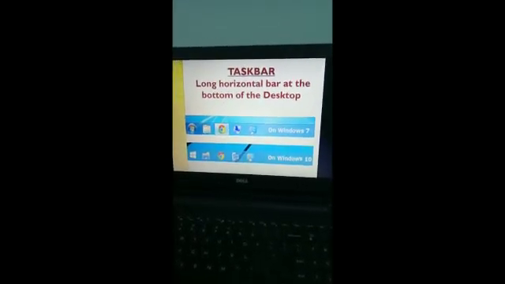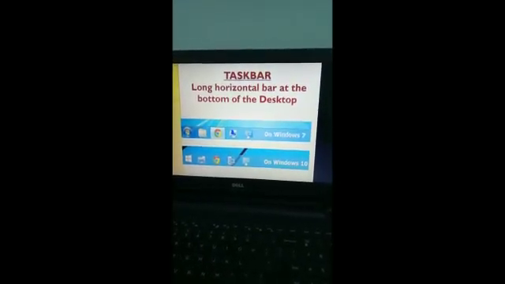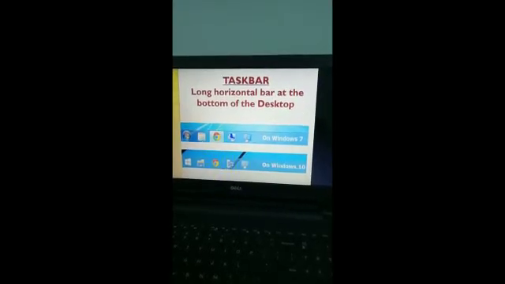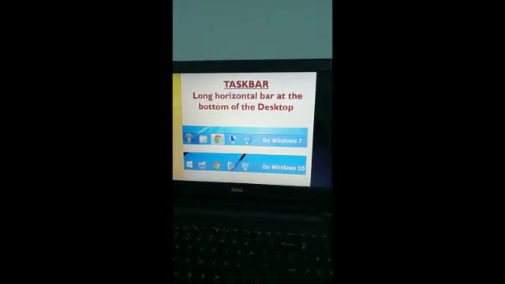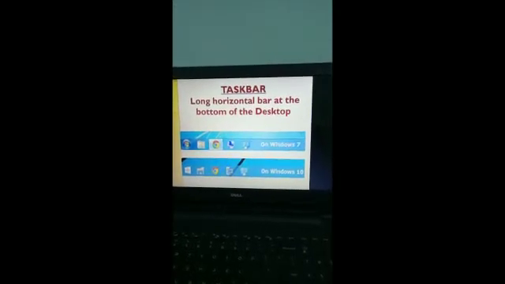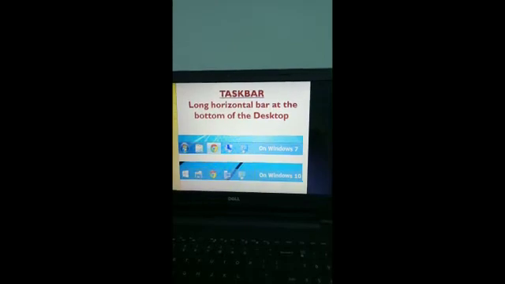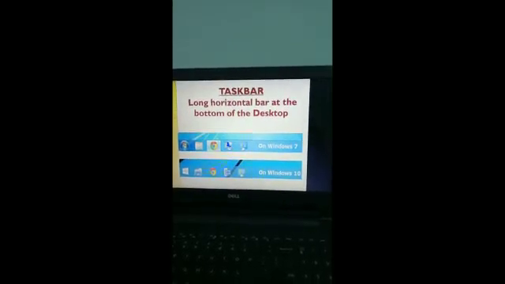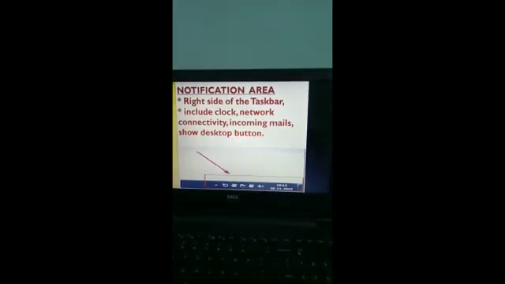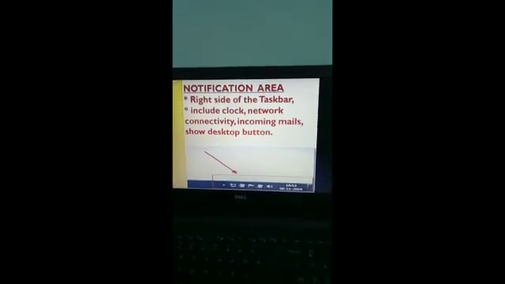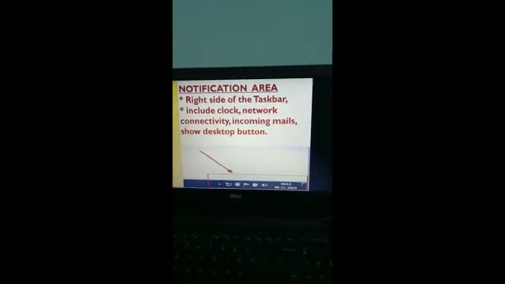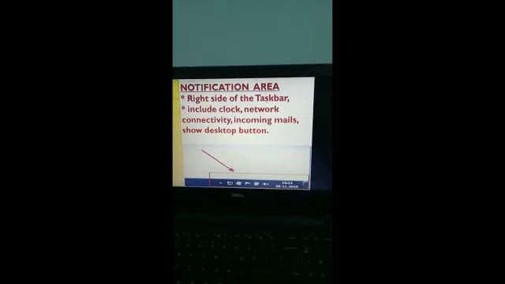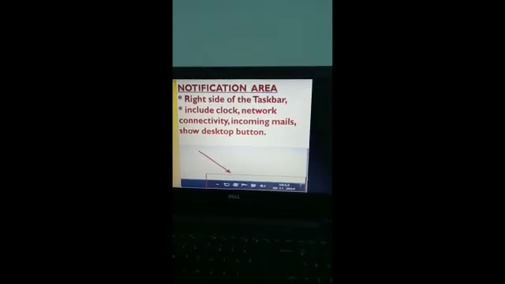Next is taskbar. Taskbar is a long horizontal bar at the bottom of the desktop. This is how you will find it when you open your computer. That's the bottom of the desktop. And in the taskbar you will find the notification area, on the right side of the taskbar.